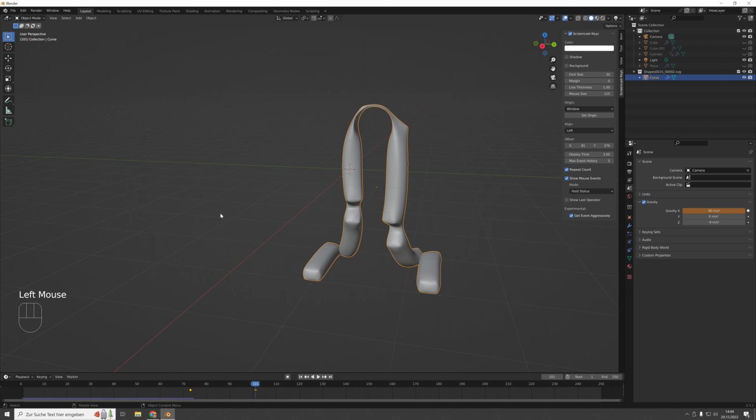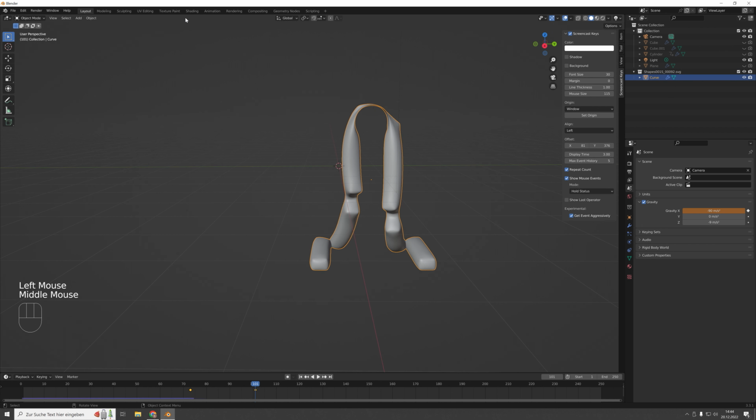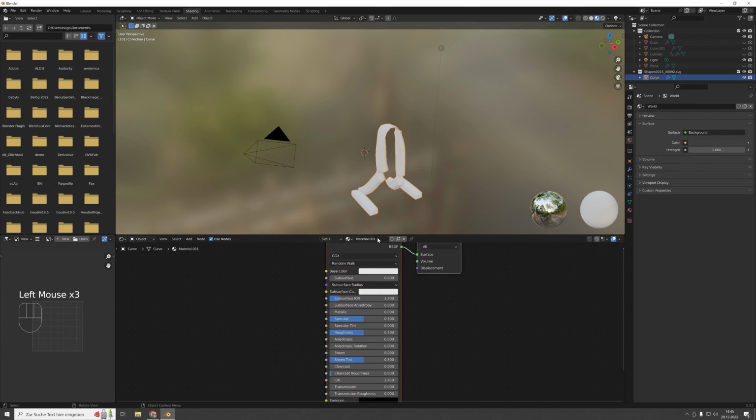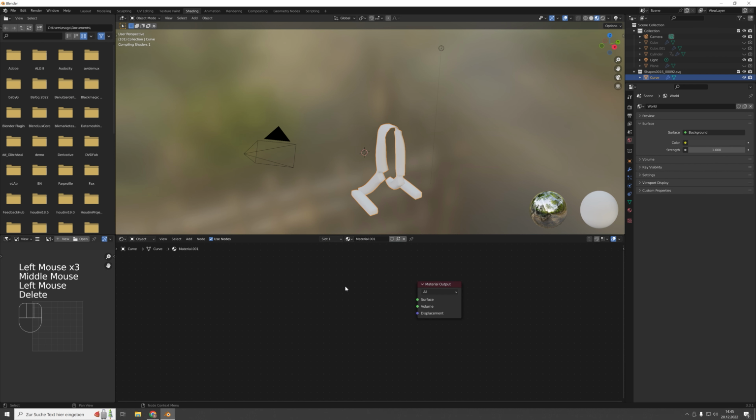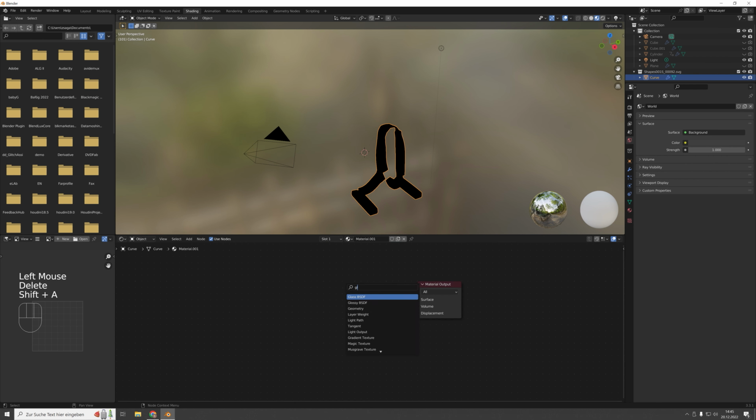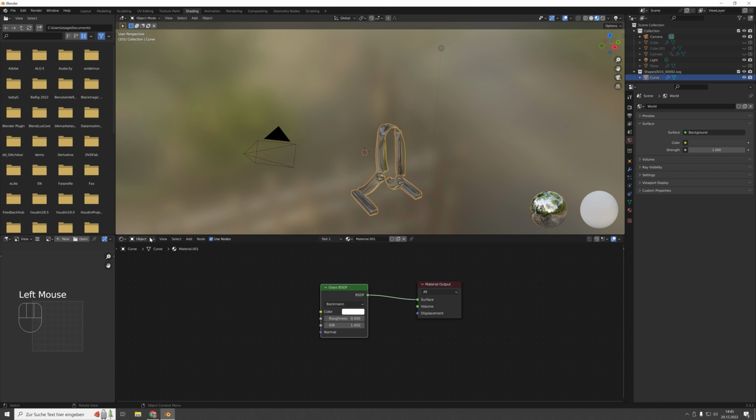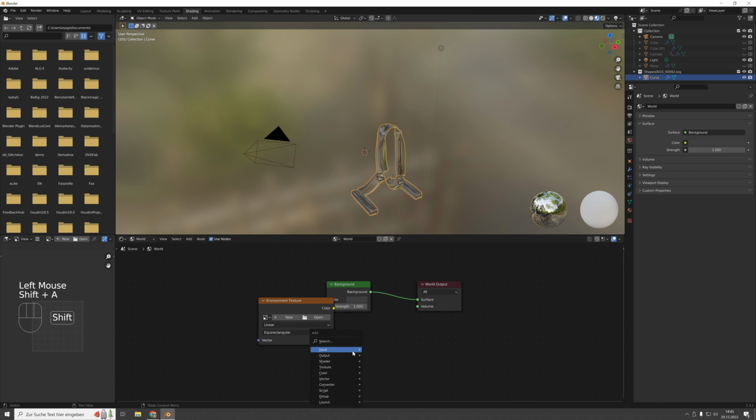Okay, so let's make an interesting render from this. We're gonna give this one a glass surface, and we need an environment texture, light path, mix shader,